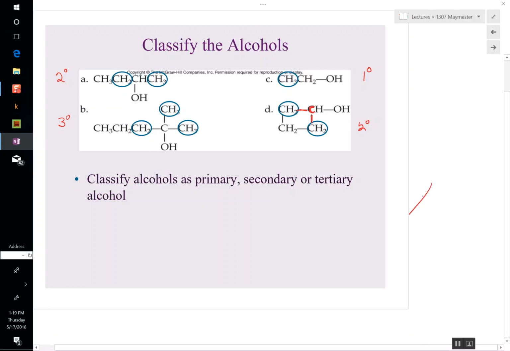So if we had over here cyclohexanol, this carbon here is attached to 2 carbons. So a cyclical alcohol like that, what you have to do is actually look at it and say how many